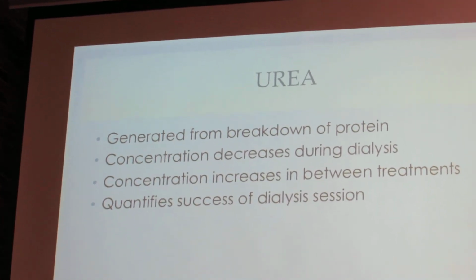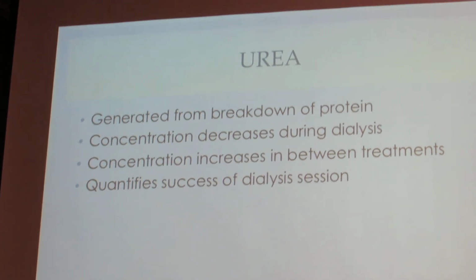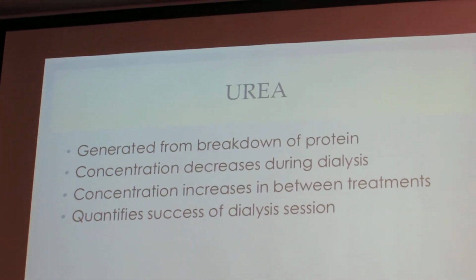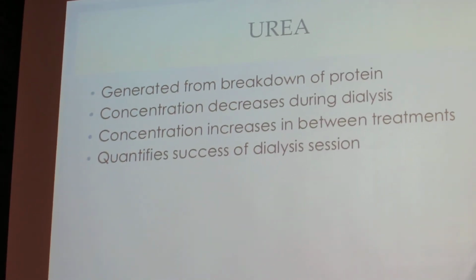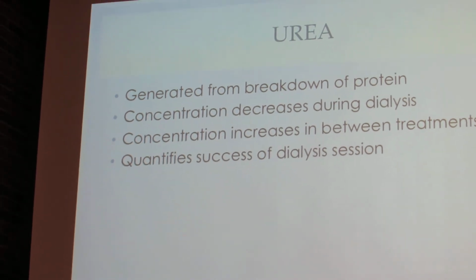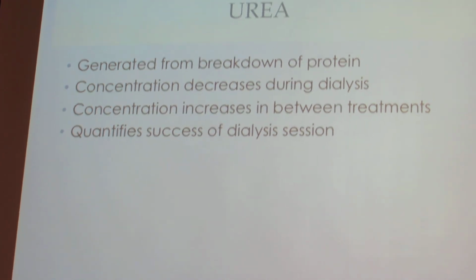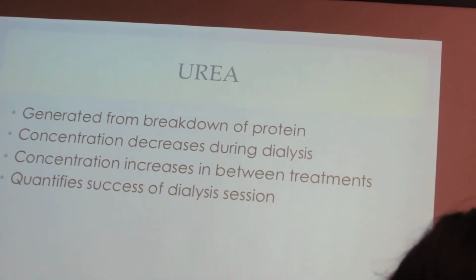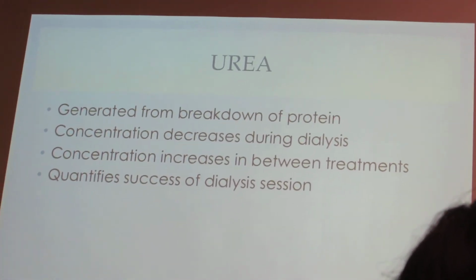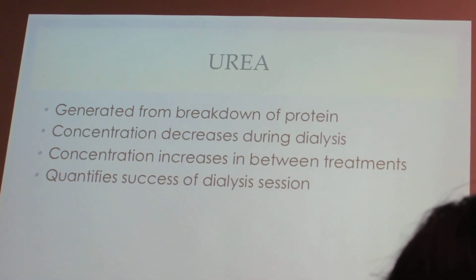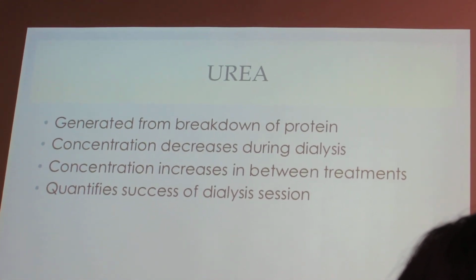So, as I mentioned before, elevated levels of urea indicate kidney disease. This molecule is used to quantify how successful the dialysis session was. It's generated from the breakdown of protein, and its concentration decreases during dialysis, so it's being removed from the blood, and it increases in between treatments when the body